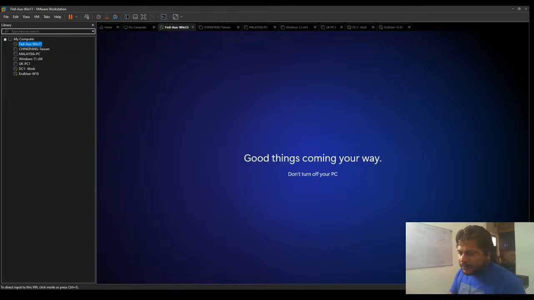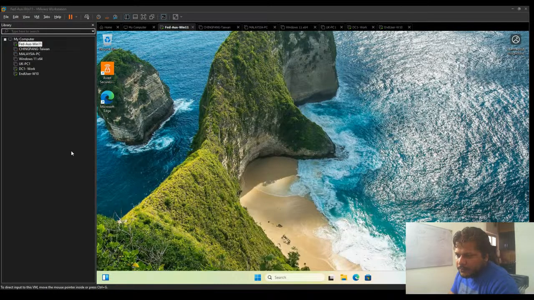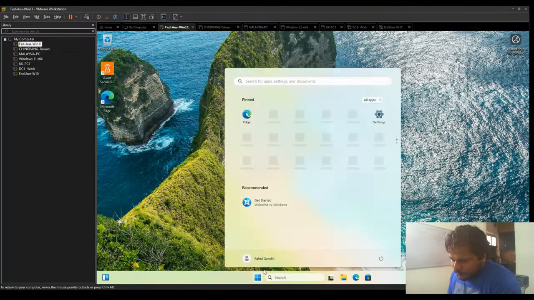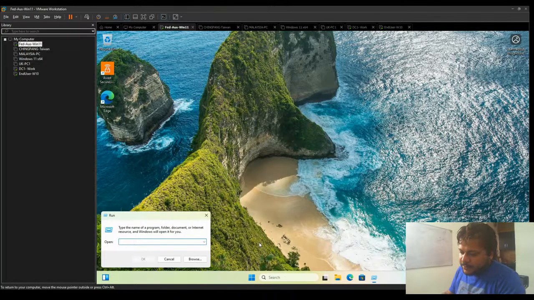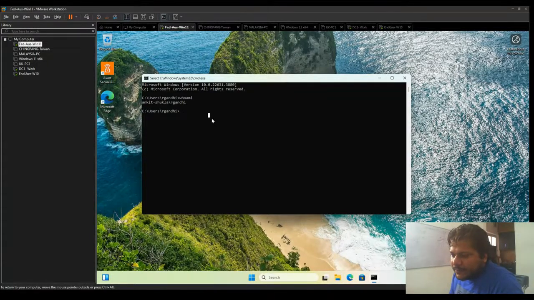Alright, guys, I'm back. It seems the machine is there now. My Windows 11 is now configured, and I can see that this machine is no more a workgroup machine. It is a domain joined machine. Confirm that by going to command prompt, and I will just type whoami. It will tell me which user is logged on to this machine. It says R Gandhi, but it also shows the domain name or the NetBIOS name. This completes the activity for creation of a user account and joining a machine to the domain.